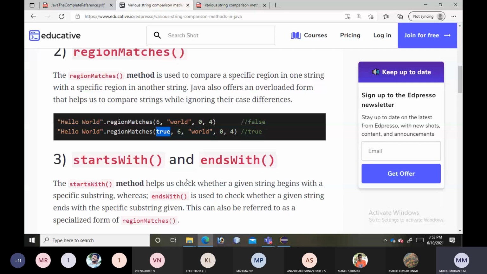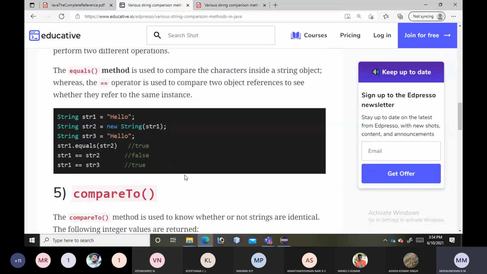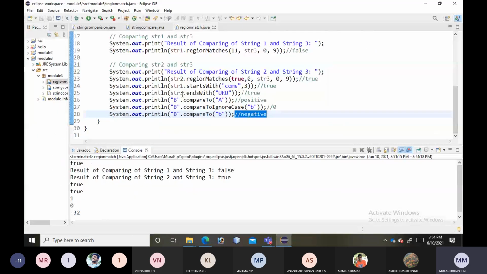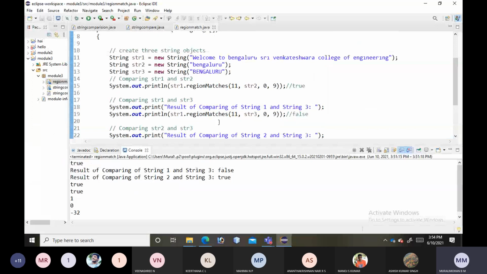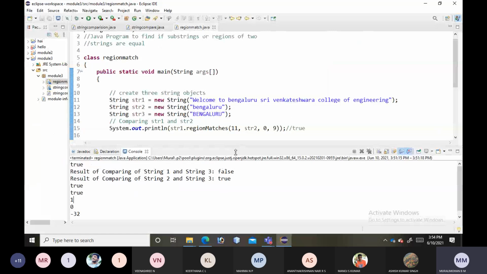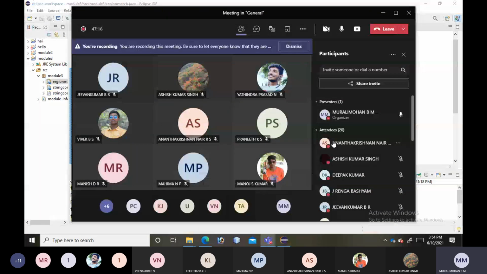Next, starts with and ends with. Next, equals versus equal operator. Next is compare to method. Okay, and we have seen the various results and how it is executed. Is it clear? Is there any doubt? So these are the string comparison methods.